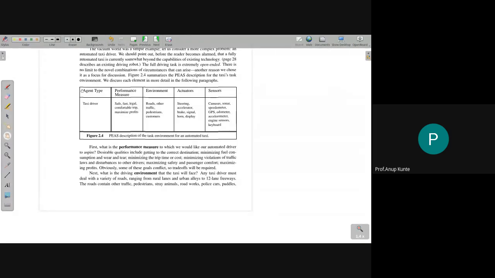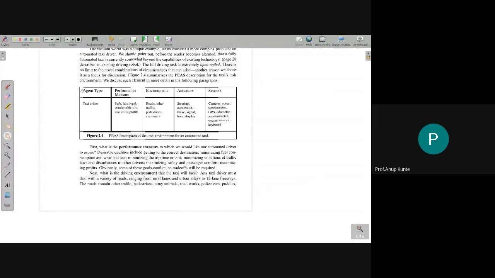So the definition of the environment might change the way we design the agent. A taxi driver in a constrained scenario, working on the same path always, will not have the consideration of performance measure of being fast or being safe. It may be maximizing profits. It will always take one particular path, something like trains which take you from one location to another in a fixed manner. There it may be a different performance measure altogether.